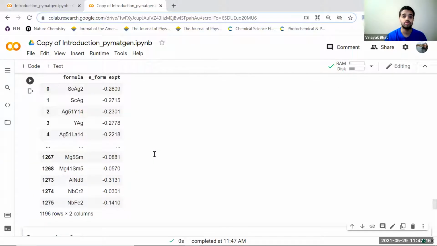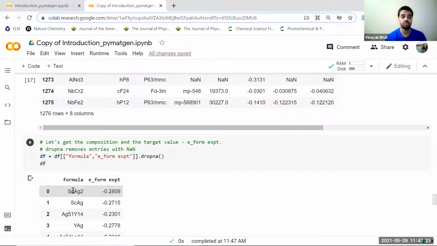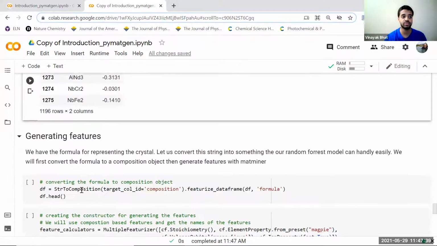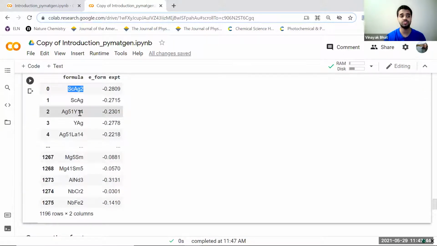And we are almost ready to train another machine learning model right now. So again, it's the same problem, right? We have molecular formula as text, but we would need to convert it somehow into numbers so that we could use it for the input. We have the target values, but we need to convert this representation. We need a better representation. So that is where Matminer comes in, and it generates material properties or features that we want from these things.